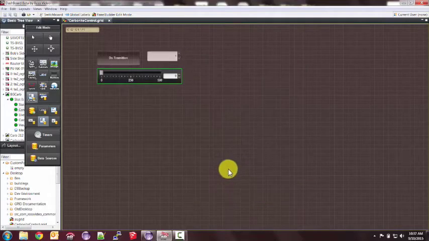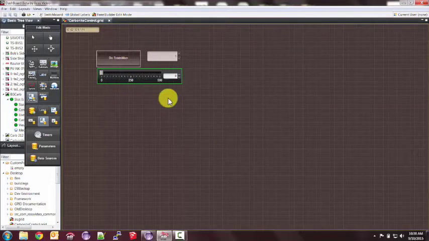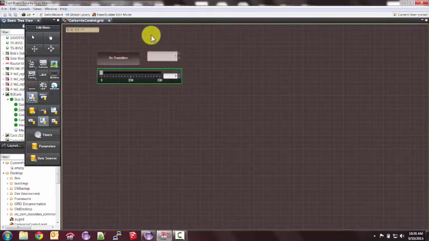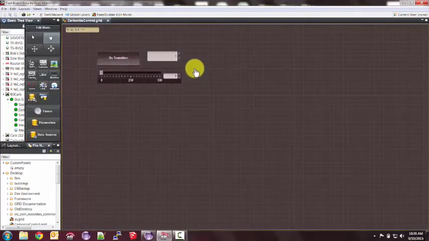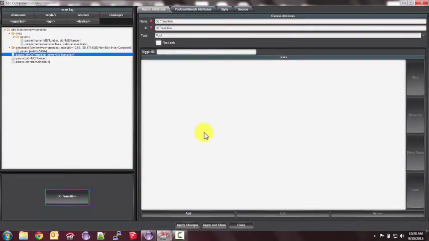Okay. So we now have all the elements we need. And when we press this button, it'll do a transition on this ME with this rate. We could add labels to all of this as well to make things clearer. So we're going to save this. And now we're going to tell it what happens when we press the button. So we hit Control-G. We double click on the button. And we'll get a list of all the tasks that this button does. At this point, there are none. So let's add one.